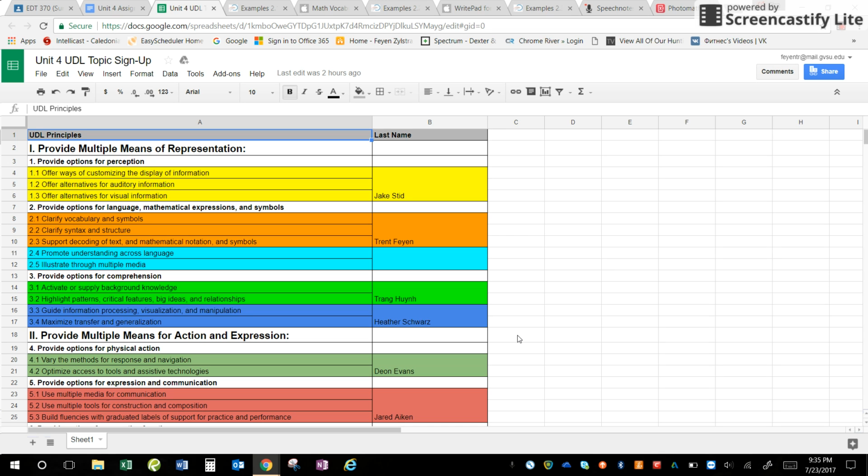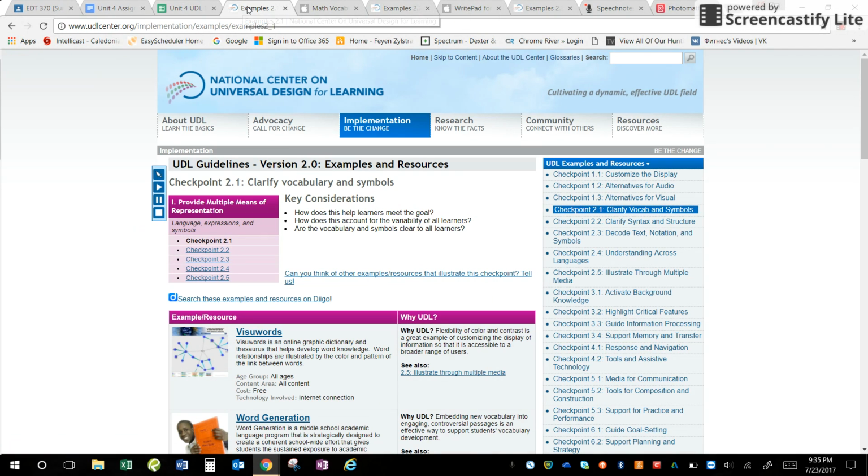Well, hello. This week we're doing the Universal Design Learning Screencast, and as you can see right over here, I signed up for number 2 in the orange section. So we're going to start off right away with 2.1, which says, I guess the checkpoint is clarifying vocabulary and